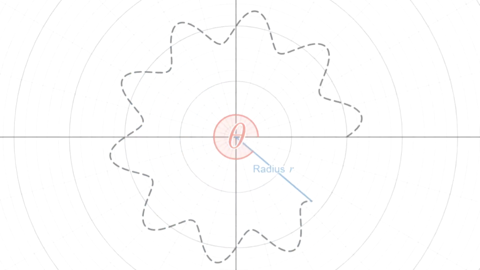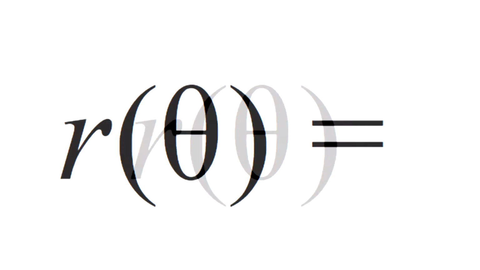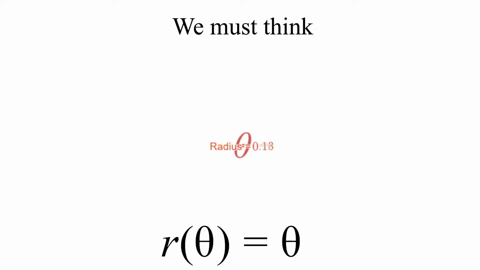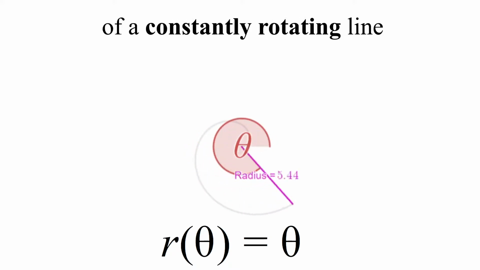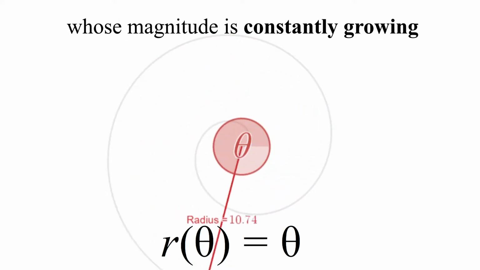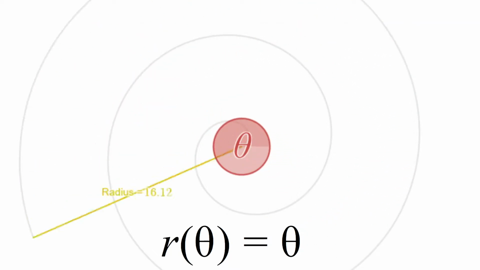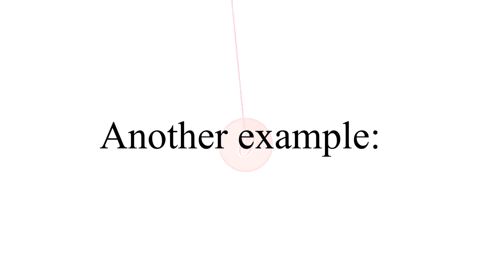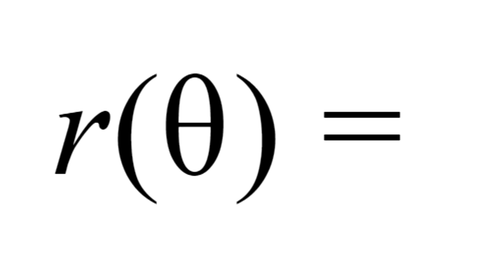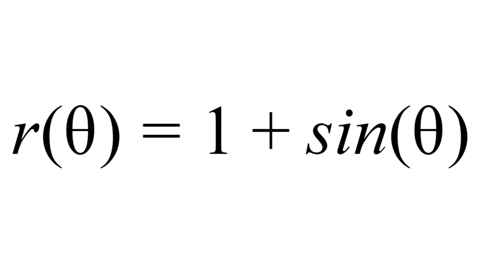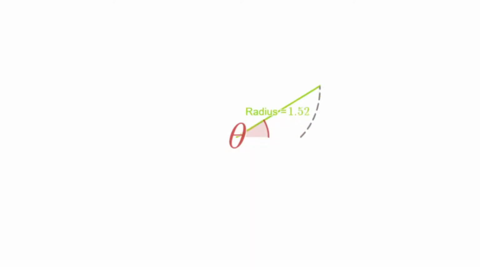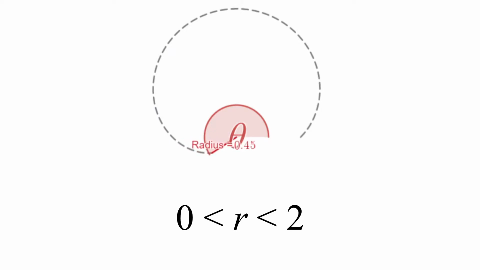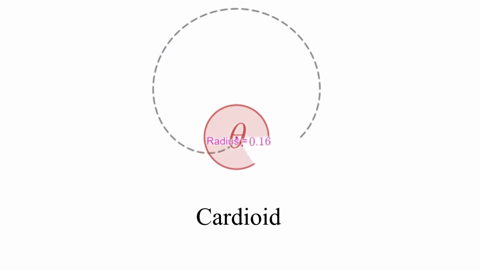An example of a polar function is r of theta equals theta. To draw this function, we must think of a constantly rotating line whose magnitude is constantly growing. This here generates the Archimedean spiral. Another example is r of theta equals 1 plus sine theta. Here, the rotating line alternates from radii of 0 to 2 units in a way that it draws a cardioid